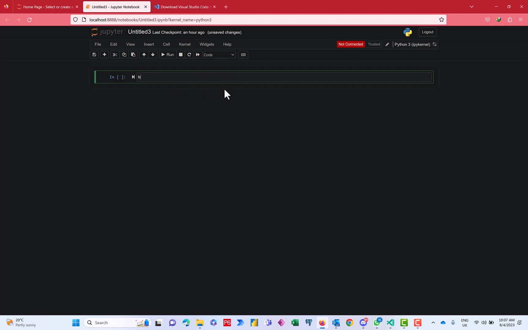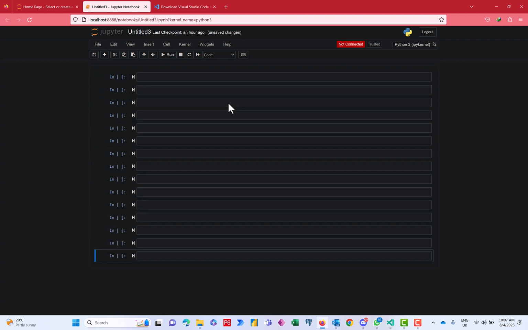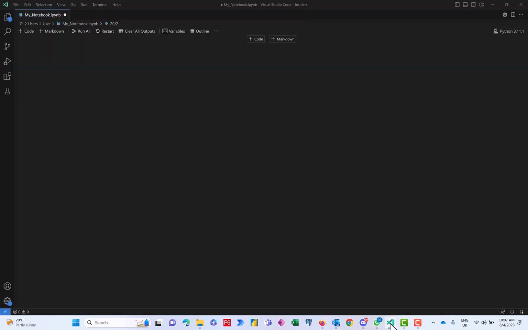It's easy on the eyes as well on the browser with the Jupyter notebooks. But I prefer the VS Code, and I'm actually using the green version. That's the Insiders version. If you want to use the Insiders version of VS Code, where you are first to preview or to use any new features of VS Code, if you want to get this particular Insiders version of VS Code, which is the green one,